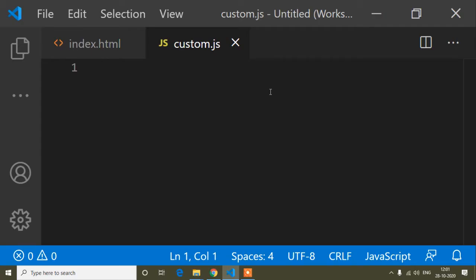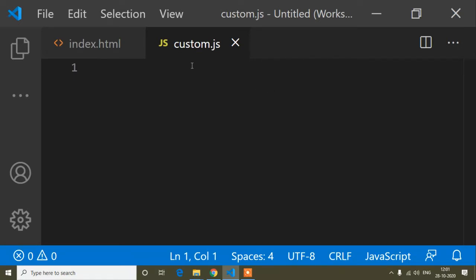Hello guys, today in this tutorial I will show you about the array last index of method. In the previous tutorial I showed you the array index of method. Both methods are a little bit similar. If you have not watched my previous tutorial, go to the description, because I will provide the link. Watch the array index of method, and in this tutorial we will discuss the array last index of method.